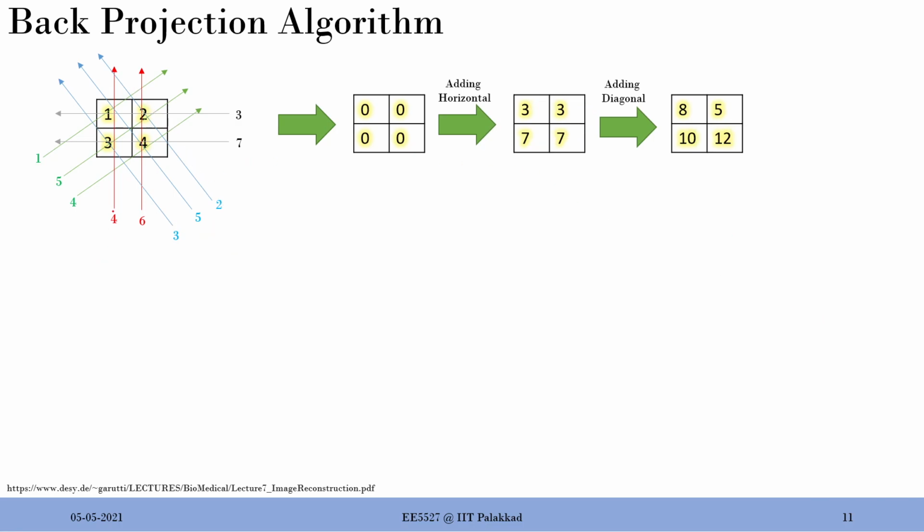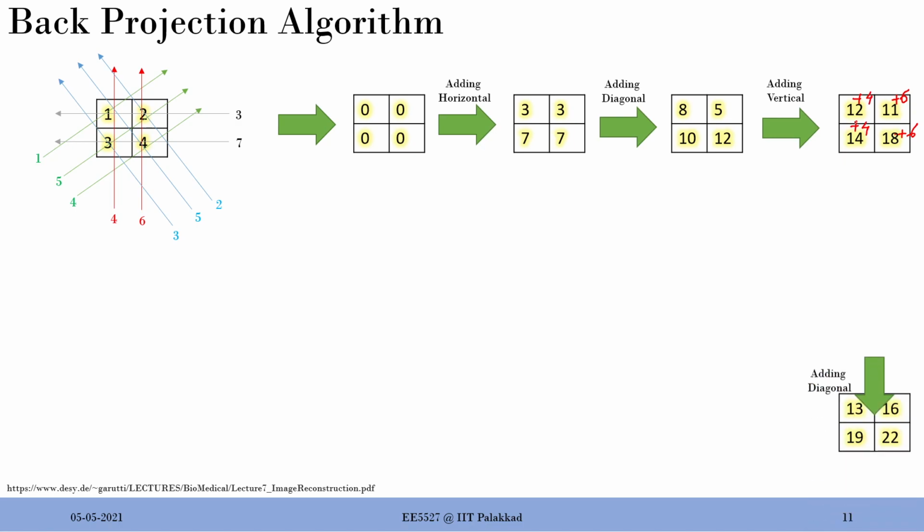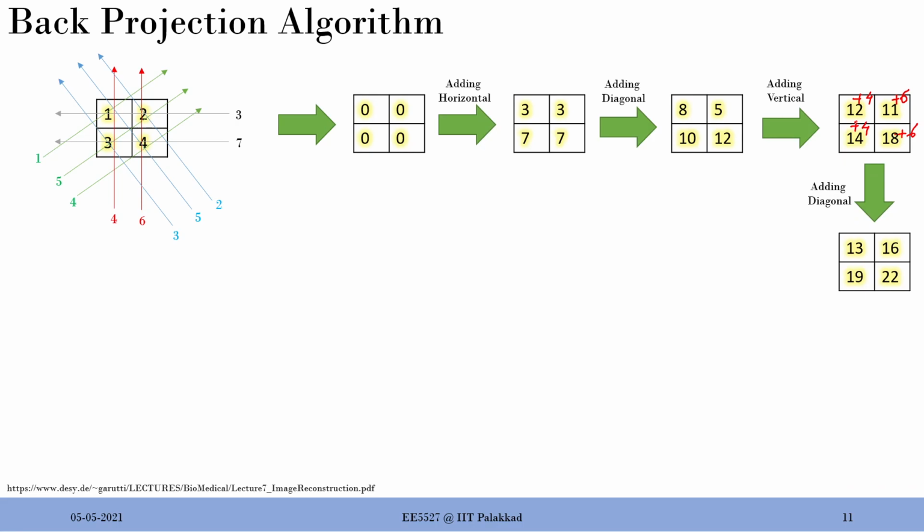And now go for the other dimension, which is vertical dimension. So you need to add 6 to these 2 pixels and 4 to these 2 pixels. So that means this guy will be added with 6, right, and this guy will be added with 4. I think I skipped one step. Okay, so this will be added with 6, this will be added with 4, because that's how you get to this, which is actually adding vertical also.